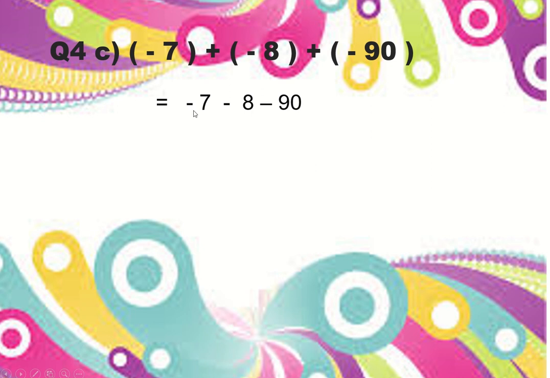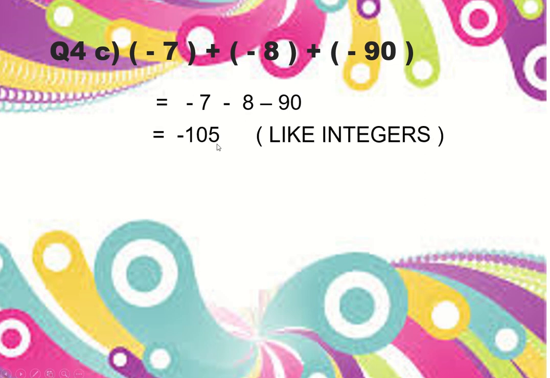Now you have to club these. I can take advantage of all three minus signs. Minus 90, minus 8, minus 7. All these numbers are with the same sign, which means all are like integers. And like integers say add. Just add all the numbers. 90 plus 8 plus 7, then you will get 105. And which sign will come? Negative sign will come, because out of these, 90 is bigger with negative sign. So I will put minus 105.